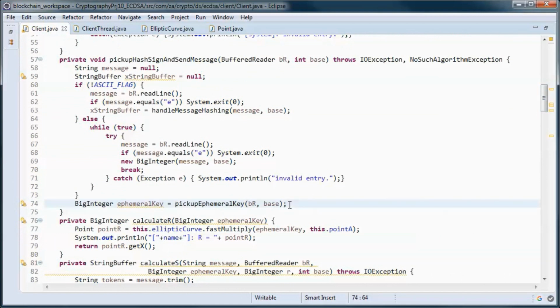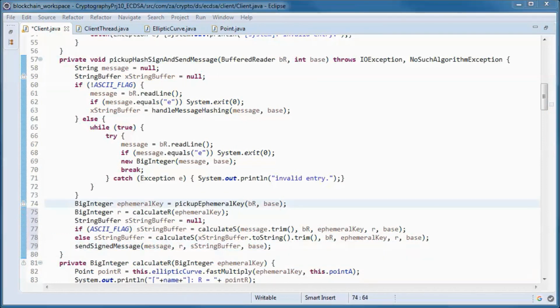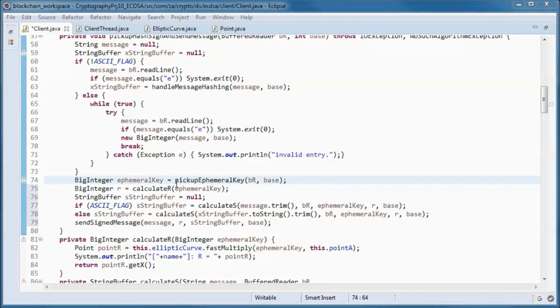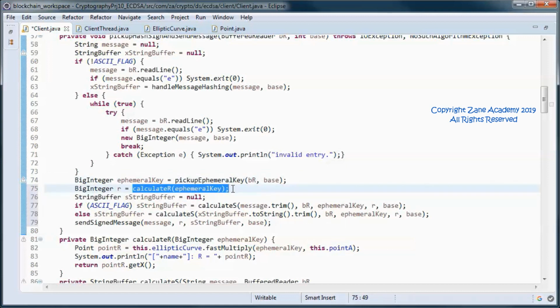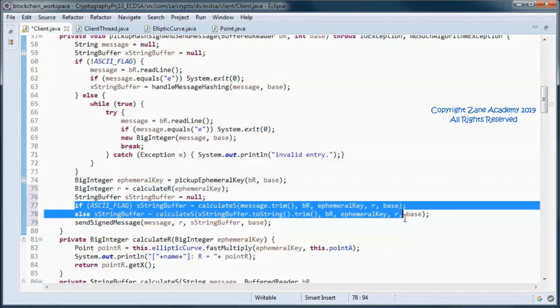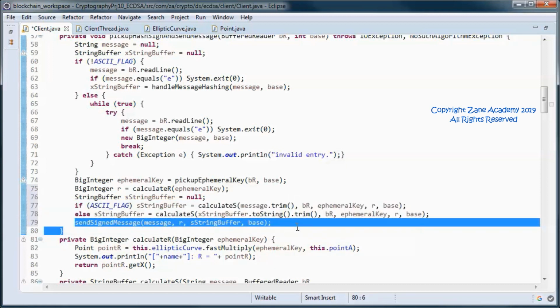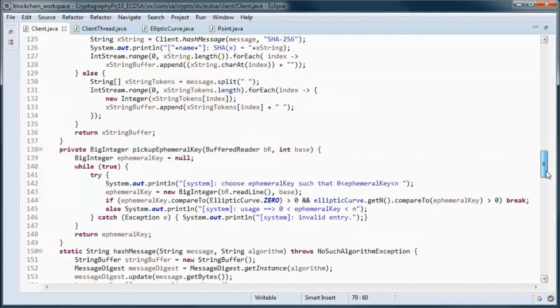And we will call those methods from here. So after picking up the ephemeral key, we use it to calculate R, and then we calculate S and send the signed message. So this should do it for this class.